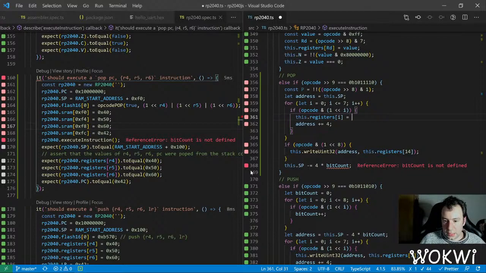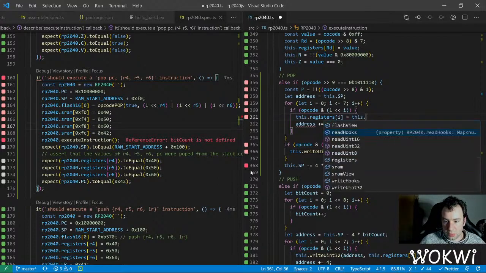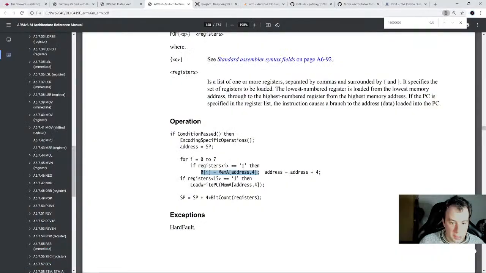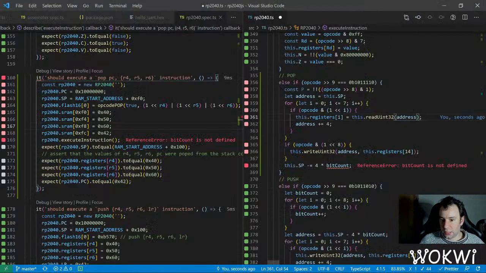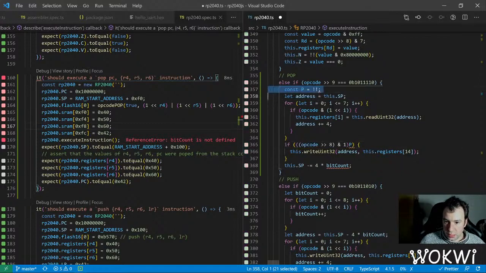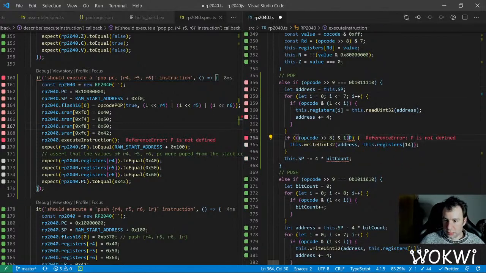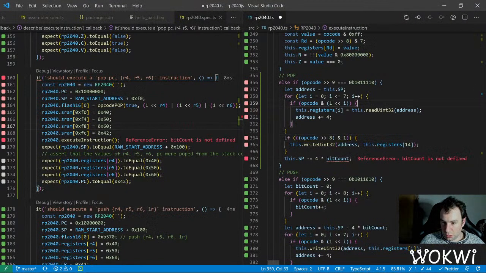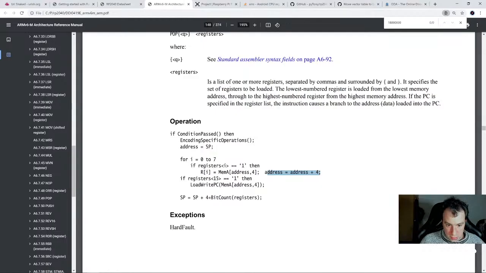So this dot read, and we are reading from address, cool, and address plus equal 4, and then if P, yeah, we can probably just copy this condition like we did with push. So if this is true, then we need to load